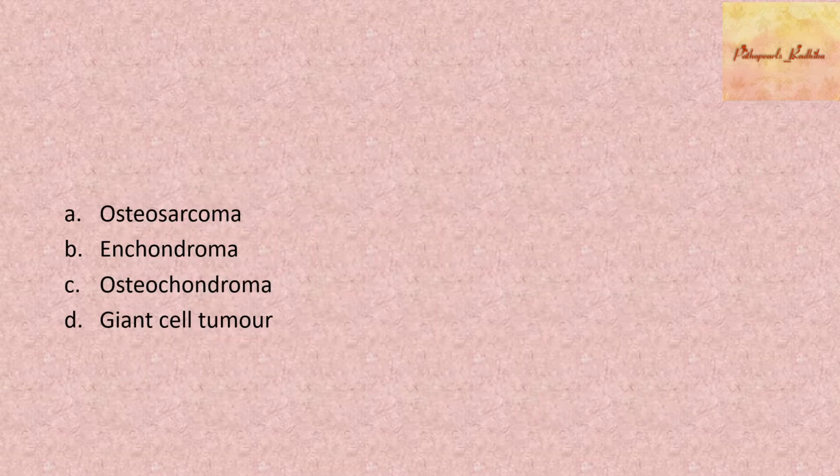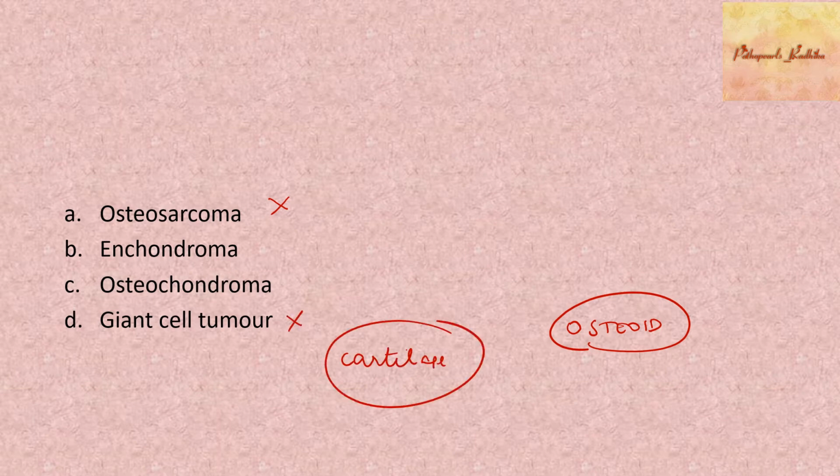So what should be the diagnosis? One thing which is out is osteosarcoma, which is a malignant tumor where you have your Codman triangle or sunburst appearance, the cells look pleomorphic, and you can have osteoid. It's a malignant tumor, right? That's out of the question, and here you have a cartilage cap. The next option you can exclude is giant cell tumor, which will have a lot of multinucleate giant cells, right? So that's out of the question.